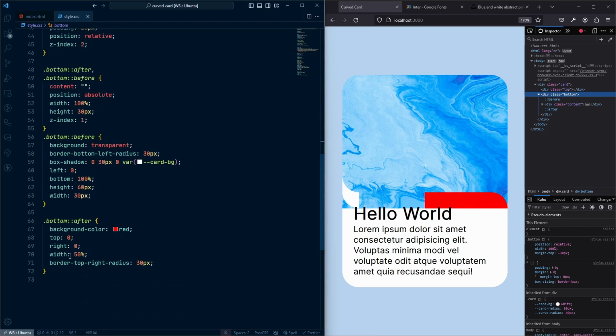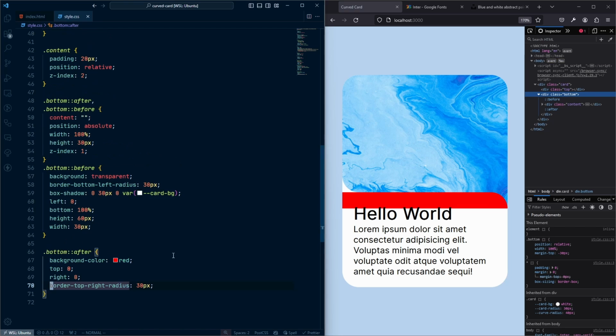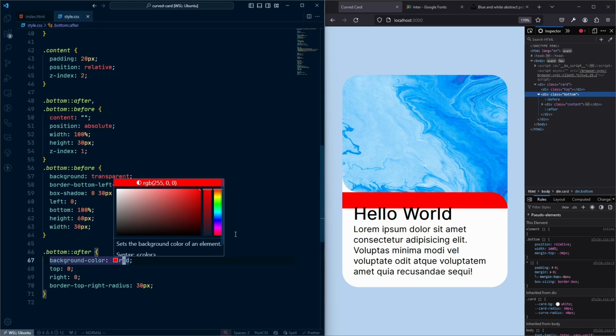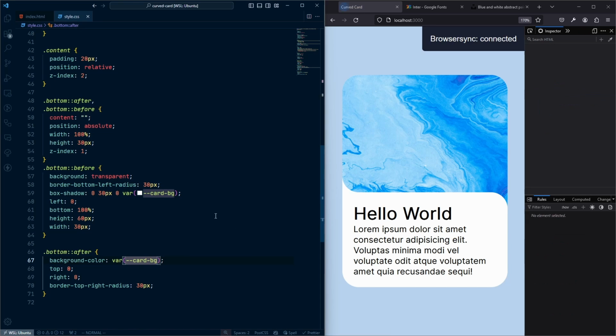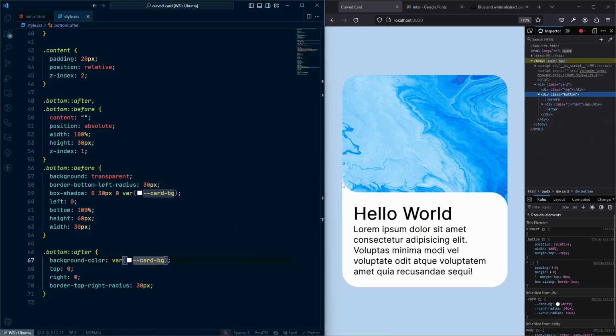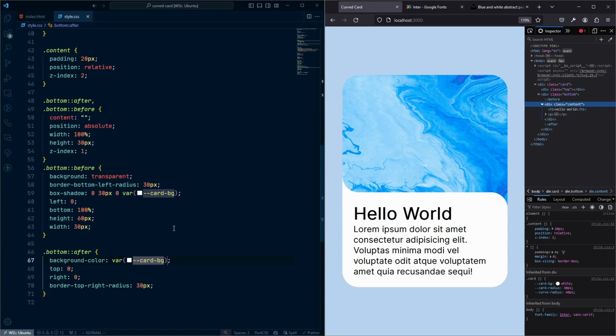So all I need is, I do not need this 50% width. I need the full width. So if I do that, it will take the full amount of space. So now instead of having the red background, I need my card background. So card, let's say that variable card bg. And if I do that, here I have my curve. My curve is ready right now. You can see. So now you can see our curve is completely ready,